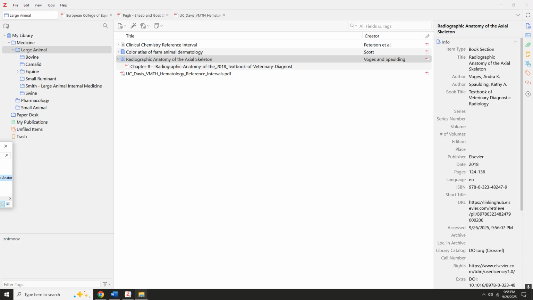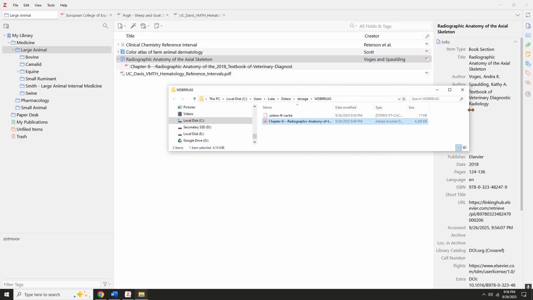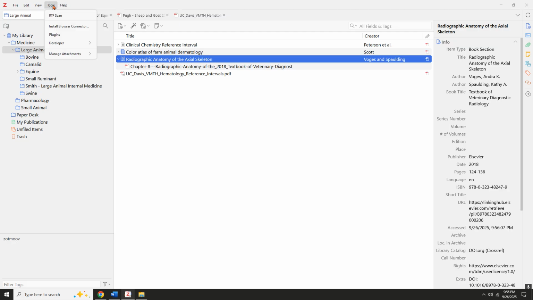See if I can. Yeah, if I show you this here, this file is still sitting in my local disk. So to check this, you can just see local disk right here. So that's how you know it's not working, it's not going to Google Drive. So the way to fix that is to get a plugin,